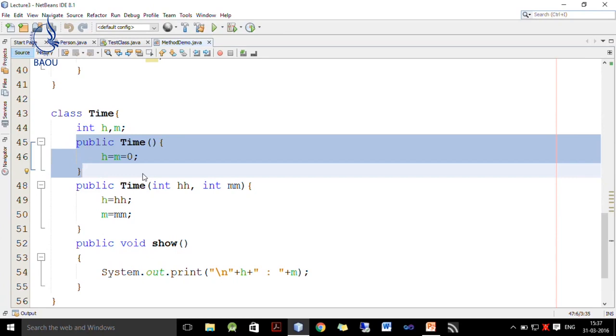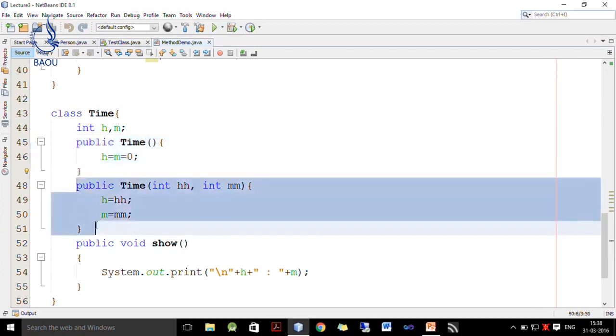This is our default constructor which initializes both hour and minute to 0, and then we have one parameterized constructor which initializes hour and minutes to the values specified. So, here h represents hour, m represents minutes.